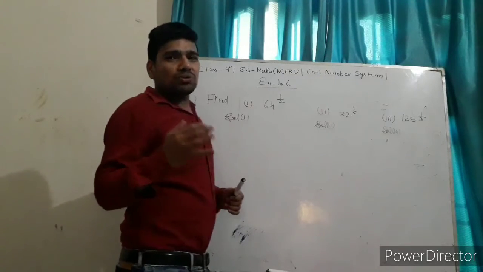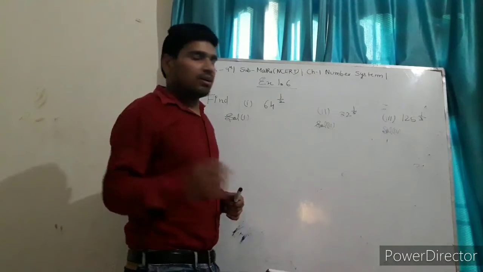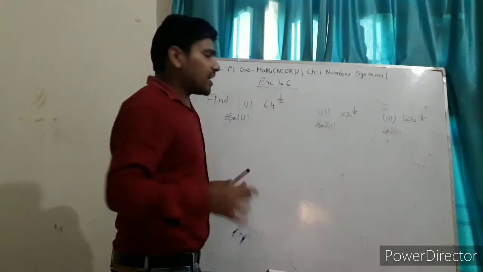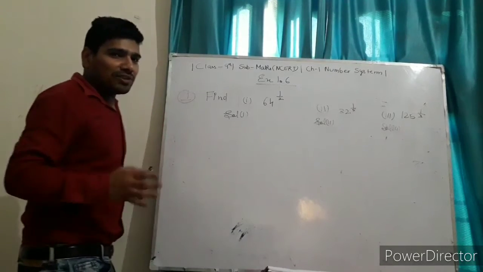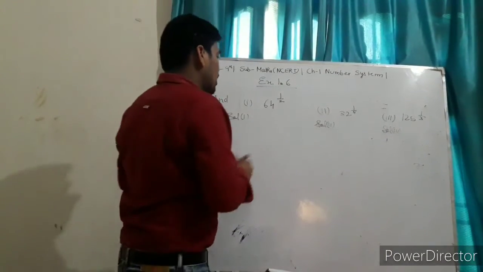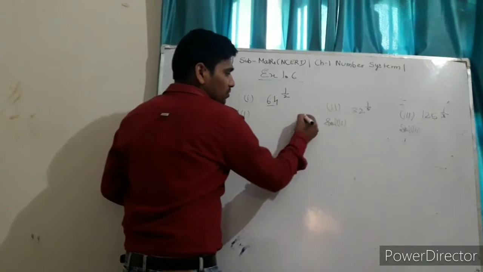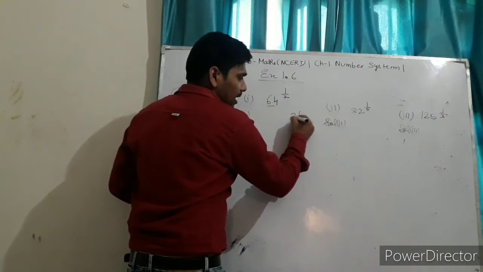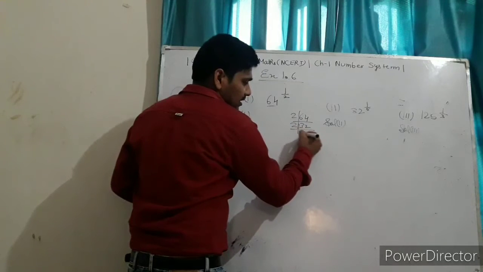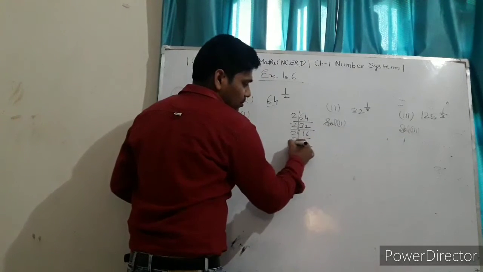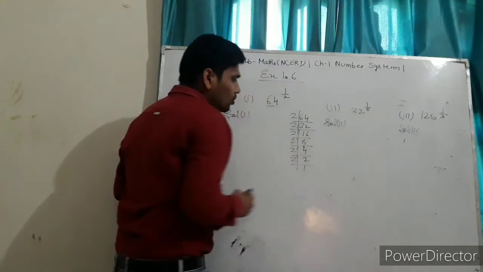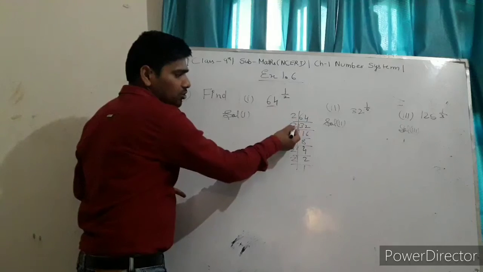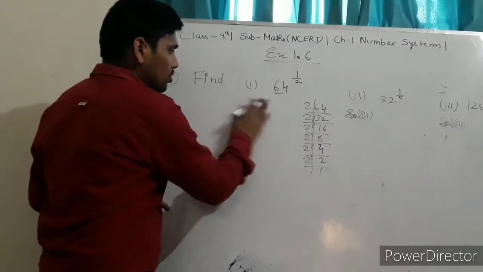Okay, so you know the prime factorization of the number. First of all, you can do it like that. I can do it directly, but you are a student, so I will do it as you have to. So you have to prime factorize 64. You know 64 can be written like this: 1 2 3 4 5 6. So I'm going to solve here, solution 1.